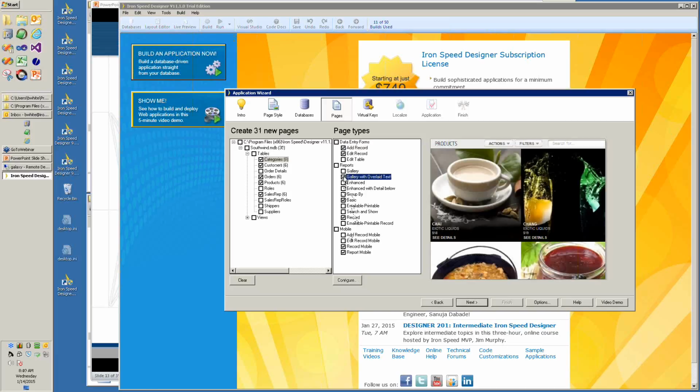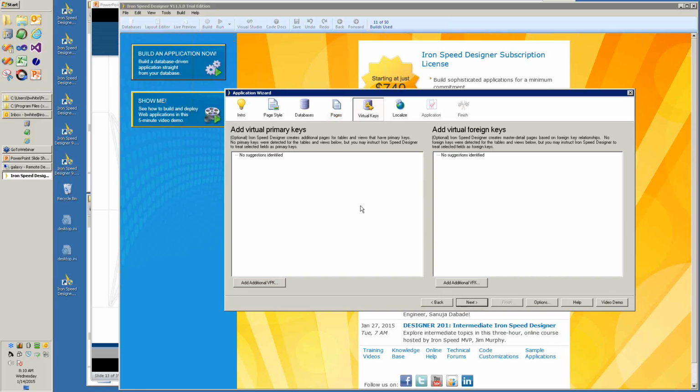we're going to use a gallery page also, since the gallery page is very nice with pictures and gives you good presentation. We're also going to use a gallery page in the products, so I'll add one there, and we're going to use one in the sales reps, which also have pictures. Also, I'm going to be adding the order details, but the order details table won't have any gallery in it because there are no pictures in it. There's a set of pages that we'll be using,